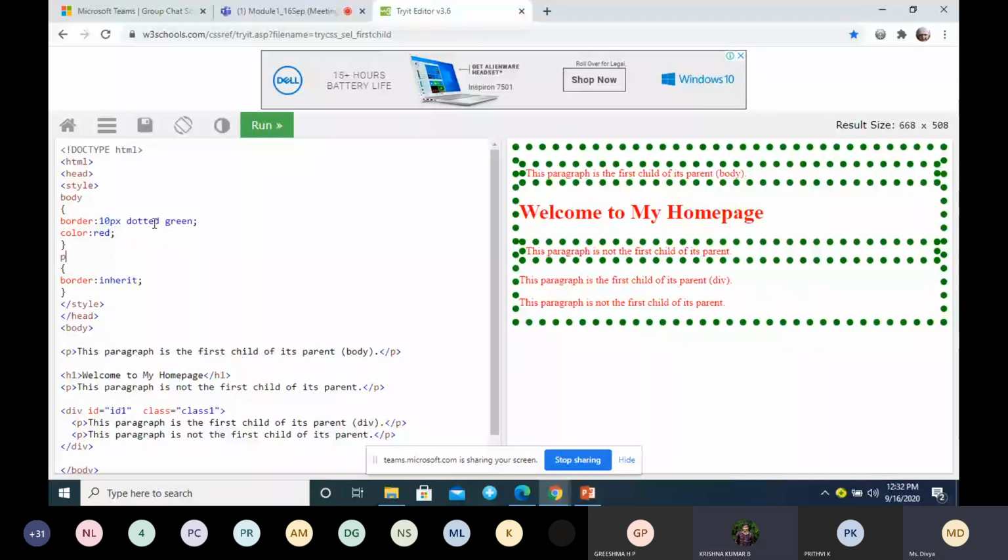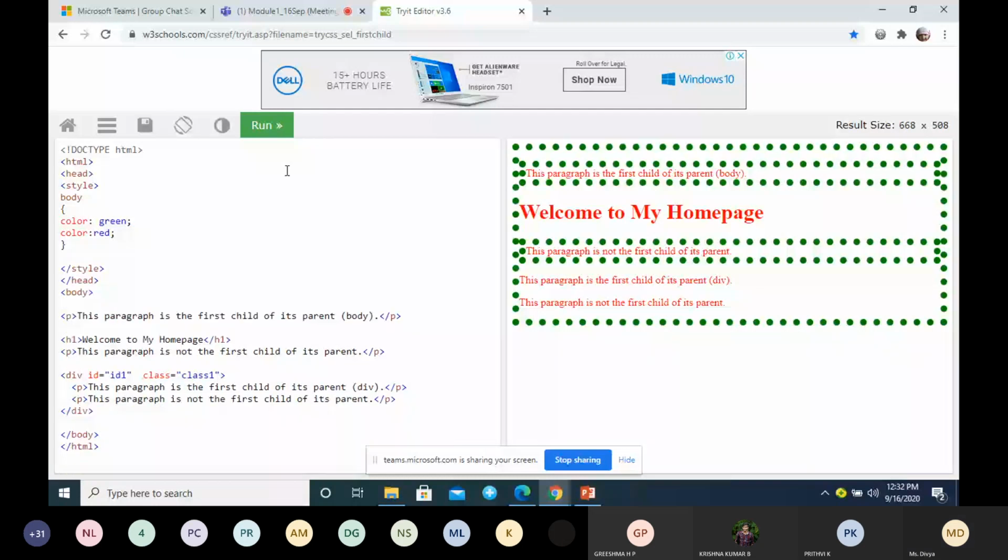One last thing I'll show. See here. Which color will the body get? Which color will be given to the body, green or red?